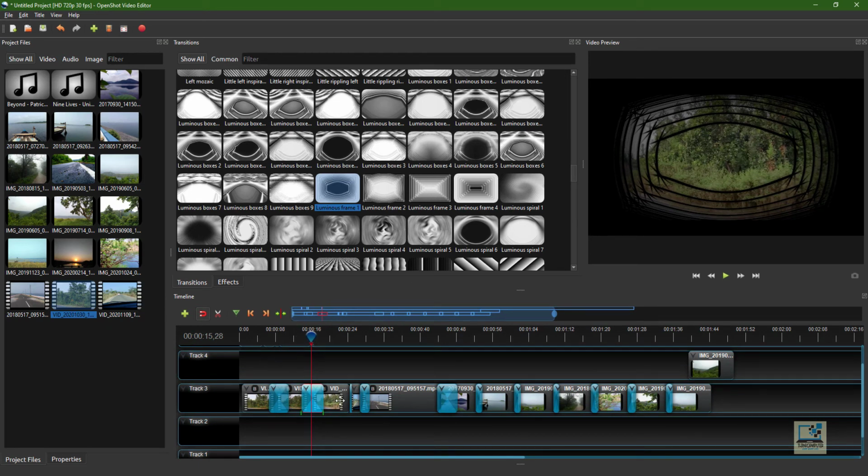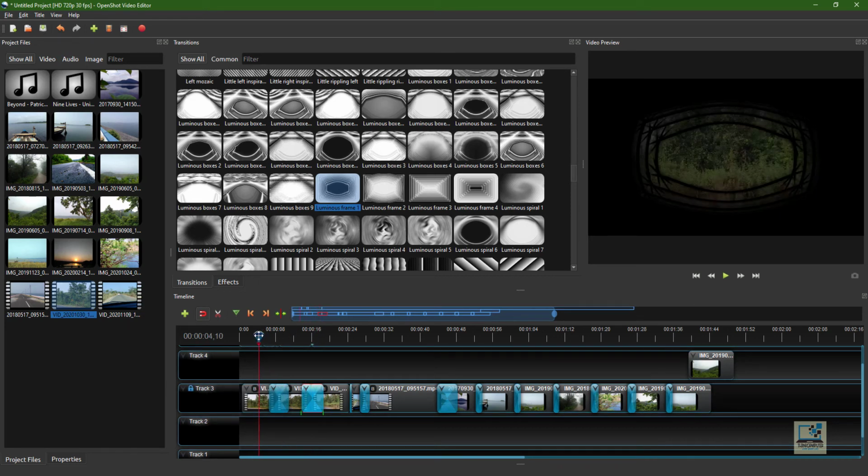One more thing, once you have done your editing, you should lock your track. Just right click on the track and you will get the option lock track. Once you lock the track, then no changes can be done further in that track, and that is a safe way of doing editing, so that by mistake you don't change anything.